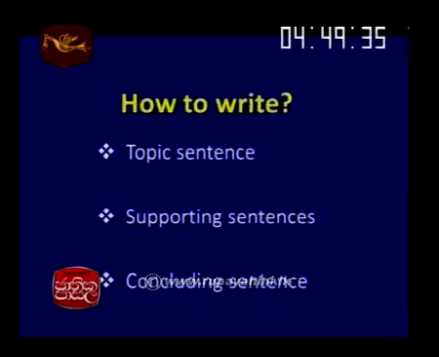Yes, Tanuja. Most of the time you are asked to write only 40 to 50 words. Yes, you have to restrict yourself to that number. Because you are given only 1 hour.